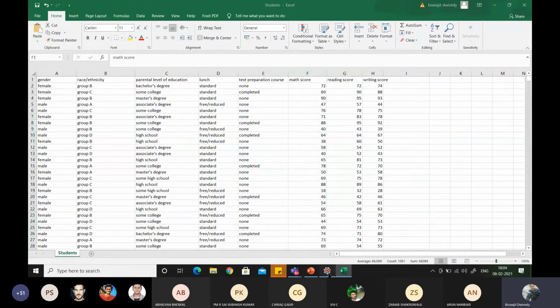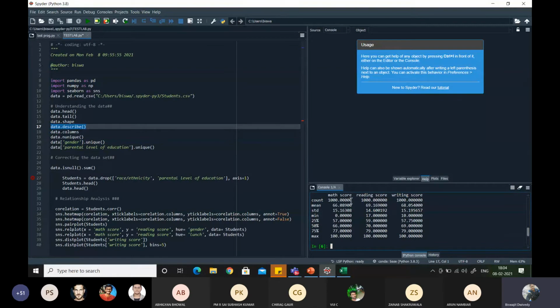In this answer only these 3 columns are present, and in the rows you can see some mathematical functions have been applied. So what are those statistical functions? First is count, how many entries are there. In each column 1,000 entries are there: math score, reading score, writing score.